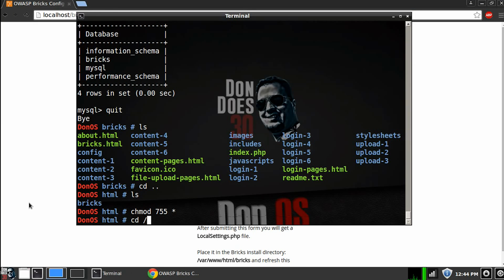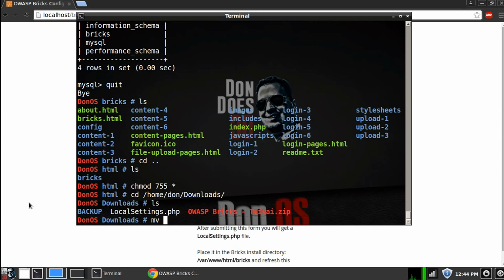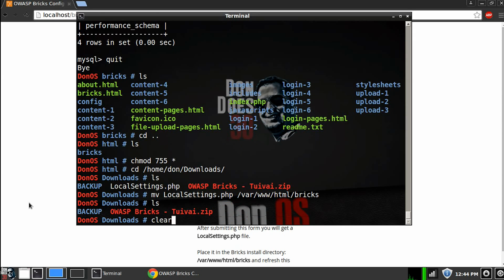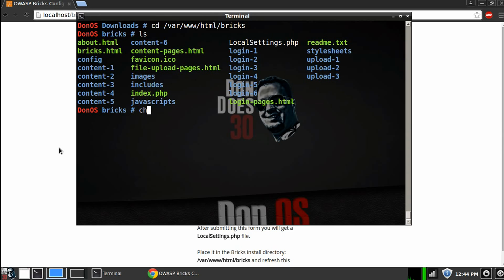All right, so depending on where that downloaded, mine downloaded to home downloads, I believe. And I'm going to move that local settings file to var www html bricks. So I'm just moving the file over. As you can see, it's gone. And we also, believe it or not, have to go back here real quick, and we have to change the mode for the local settings as well. And once that's done,